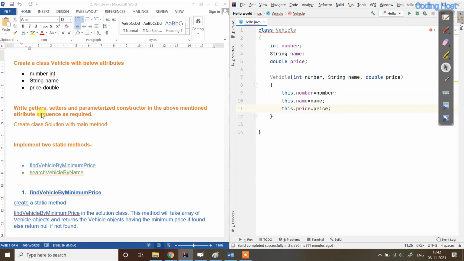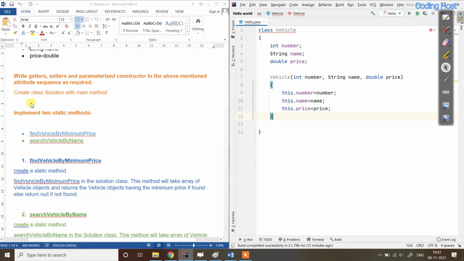Now we have to write getters and setters. For each variable we have to write one getter and one setter, so three getters and three setters. Instead of writing all of them now, we will write them later, because in many questions you will have 5 or 6 variables. In that case you would have to write 6 getters and 6 setters, and it will take a lot of time, because you don't have to use all the getters and setters in the program. We will make them later according to our requirement, like which getter and which setter we have to use. That's why we will do this part later.